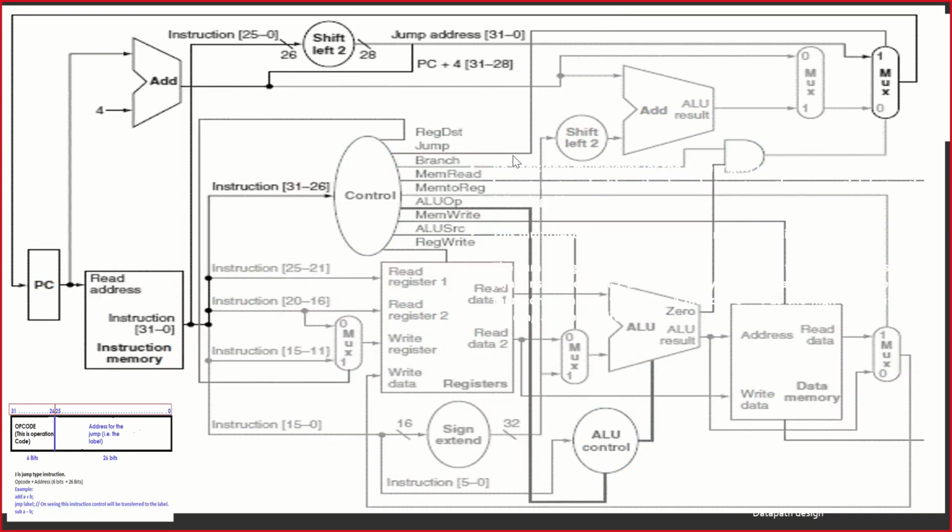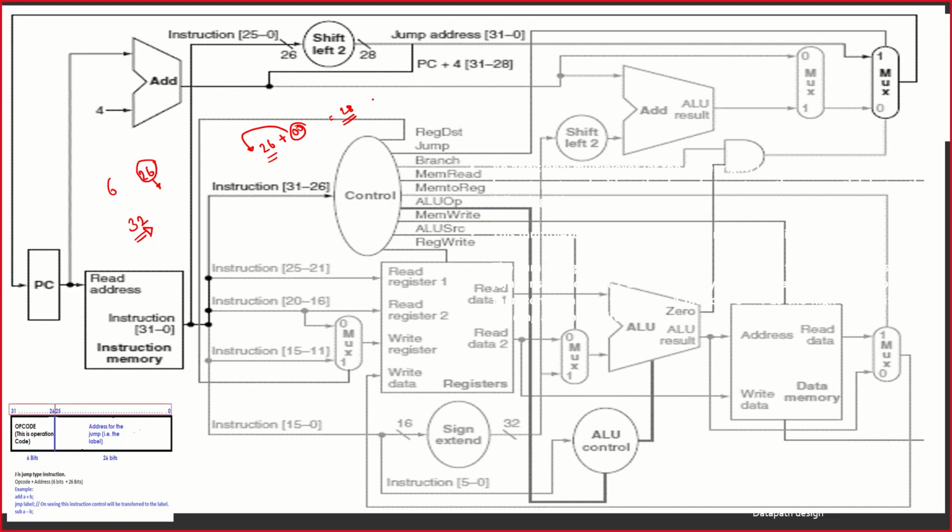Right. Let me explain the jump instruction one more time. I hope you will be able to understand it now. The jump instruction comes with just two fields. The first field is an opcode and the second field is an address. This 26 bit is not sufficient to jump because all the addresses we have are 32 bits. Do you agree? We have got only 32 bit addresses. Now what do we need to do? We need to make this 26 bit into 32 bit. How do I do it? Very simple. We can do it by adding a couple of 00s to this 26 bits without impacting it much, so that we get 28 bits generated.